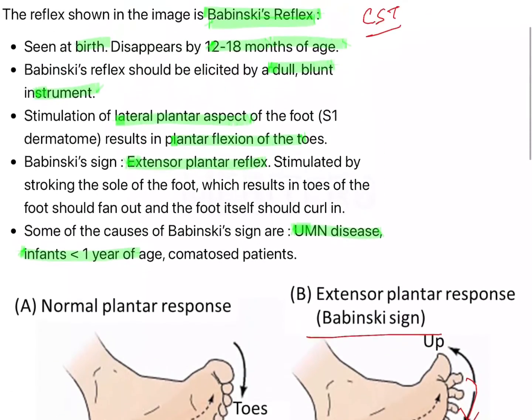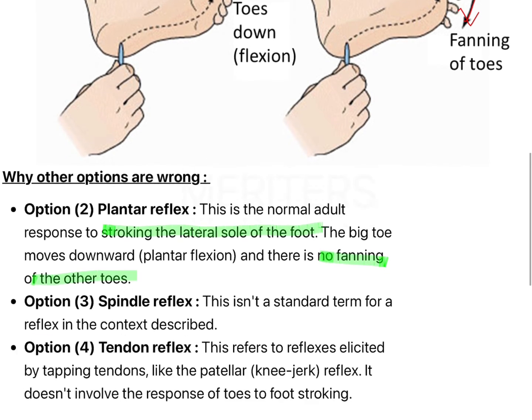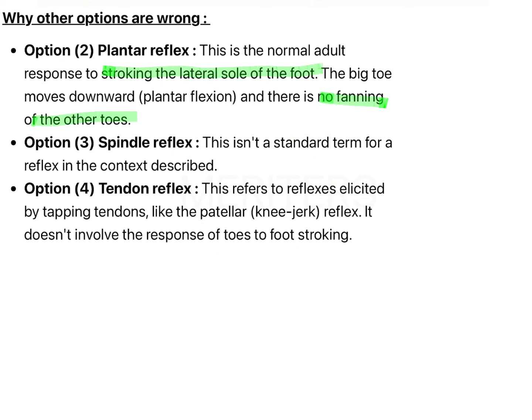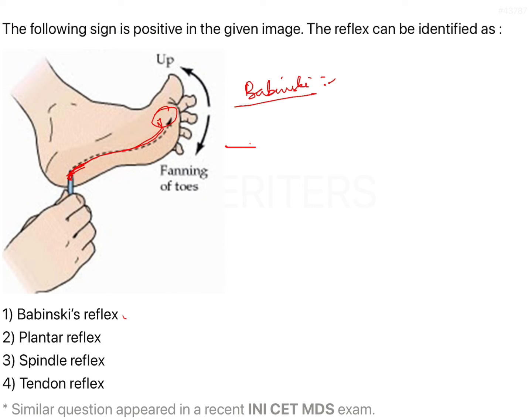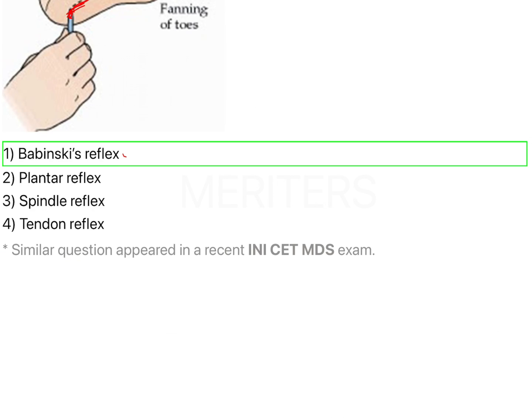If you see the other options in the question, there is the plantar reflex. This plantar reflex is very normal to stroking the lateral sole of the foot. The big toe moves downwards and there is no fanning of the other toes. Spindle reflex is not at all there. When you talk of the tendon reflex, the tendon reflex is tapping the tendons like the patellar tendon. It does not involve the toes or foot stroking. So coming back to the question, this sign is positive where you have fanning of toes. So this is a classic Babinski's